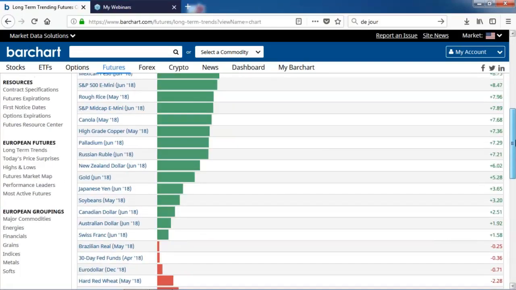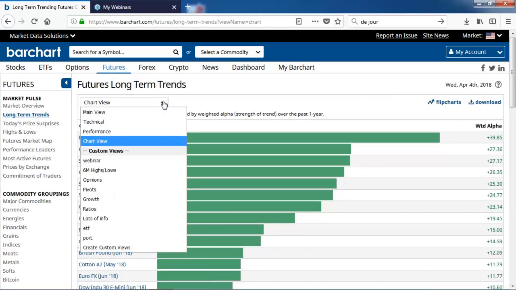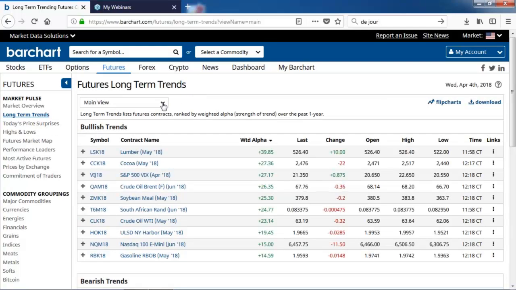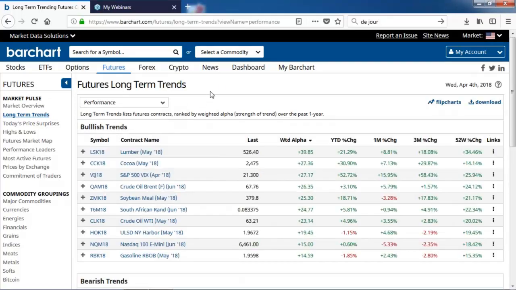So it's just a different look at the futures markets, but there are also the basic other views, the main view, the technical view, and the performance view here for the futures markets.